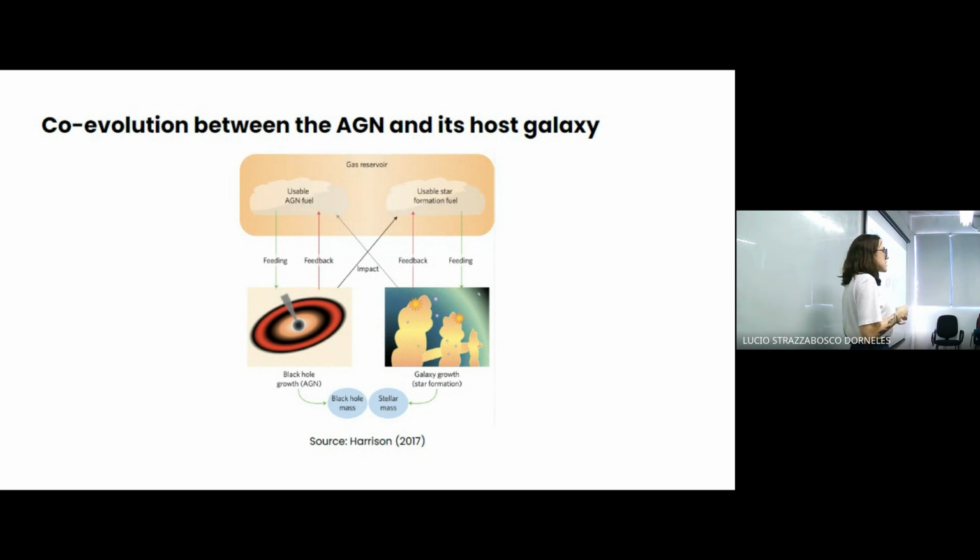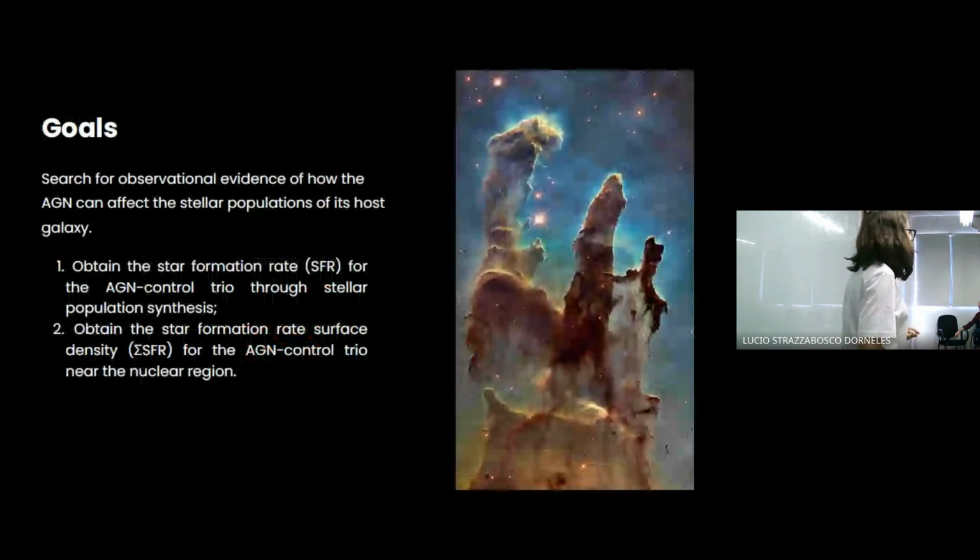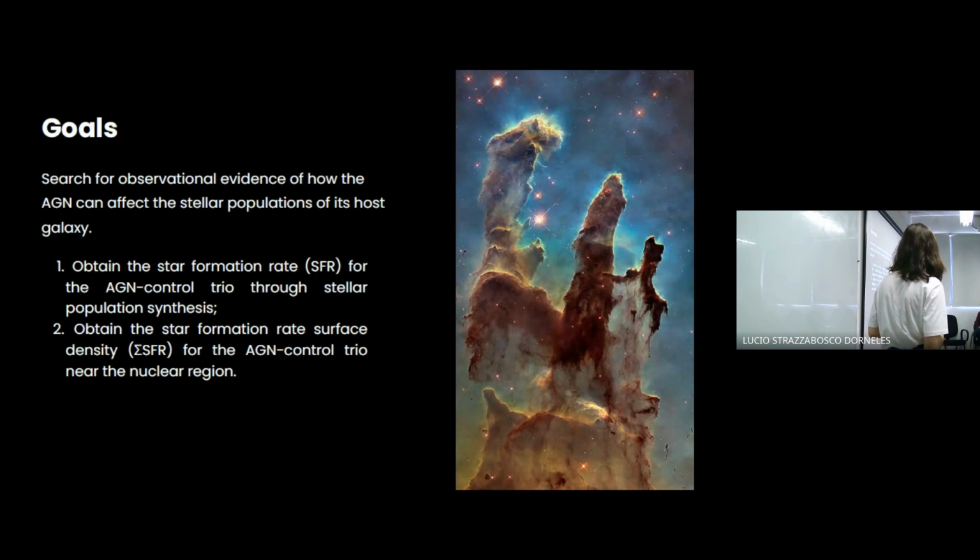We have some evidence that the jets and the AGN itself can both heat and remove the gas of the whole galaxy, suppressing star formation. As well, we have some evidence that the AGN can create a rich environment that boosts star formation in the whole galaxy. So the goal of my work is to search for observational evidence of how the AGN